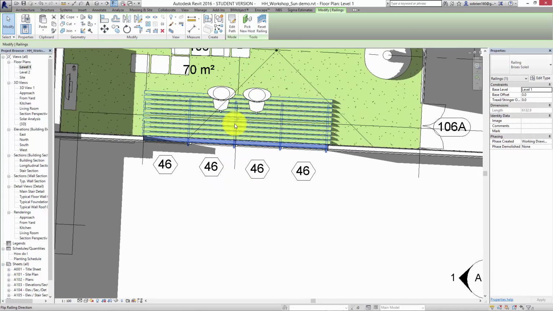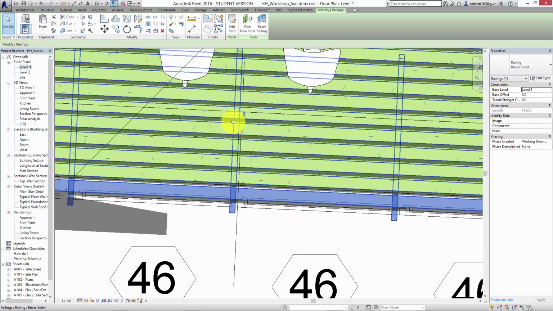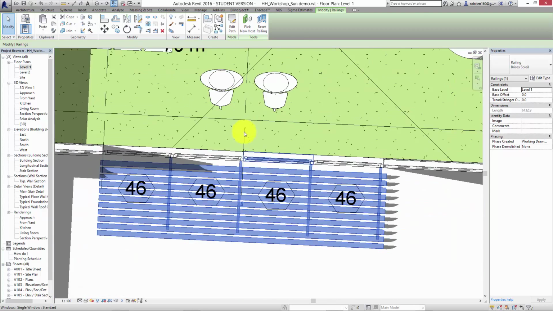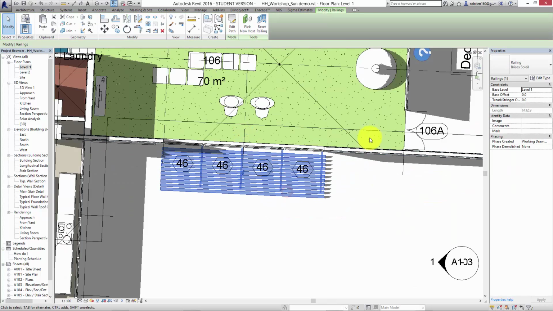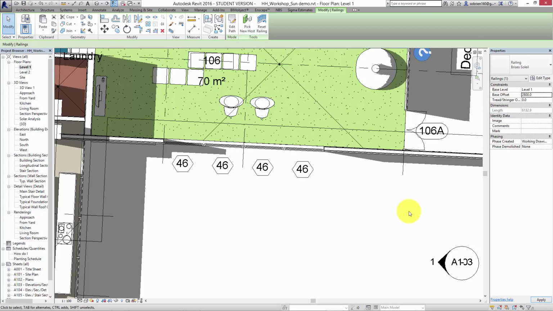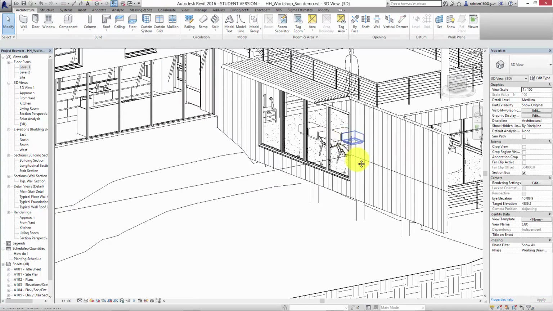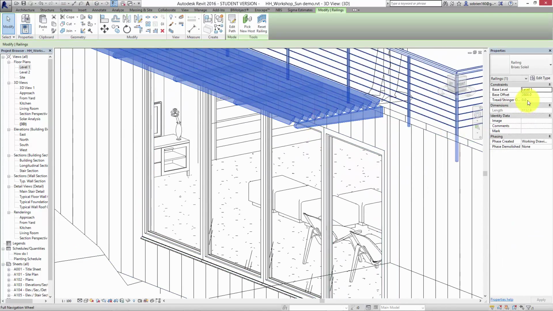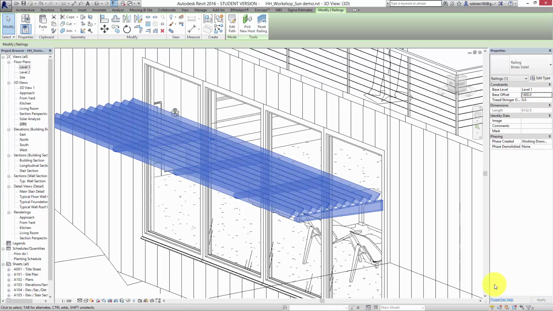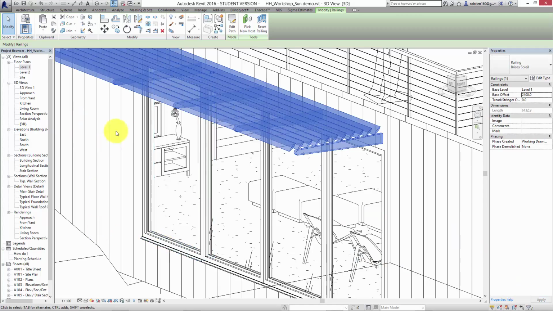Perfectly inside the building. But if you go in, you can see these arrow tools, so you can always flip it the other direction like that. You can also select it and adjust it so it's offset to whatever you want. So let's offset it to 2800 above the ground level. So that means it's kind of sitting, well, maybe it's a bit too high there. Let's move it back down a little bit. Let's say 2.4. Oh, that's a little bit too low. 2.4, 2. So then you have